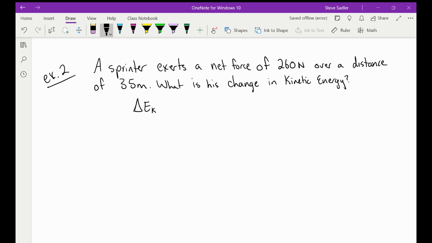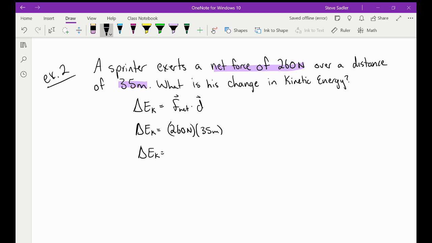Change in kinetic energy is equal to F net multiplied by displacement. So this one's nice and easy. We know the F net is, they told us right here, 260 newtons multiplied by the displacement, which is 35 meters. And we get,